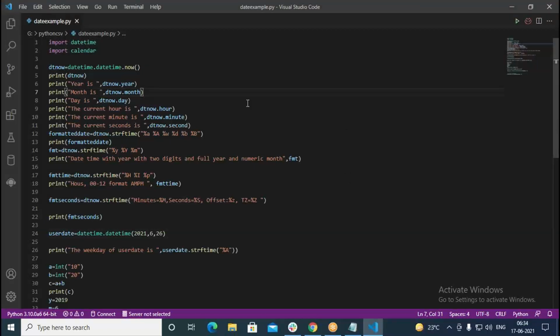Okay. So the other day we were discussing datetime. The datetime.now gives the current date and time. Similarly, using datetime.datetime, we gave the year, the month and day. So with that we get a user defined date. The first one is the system date, and the second one is the user defined date. This is giving you the current date and time from the system.